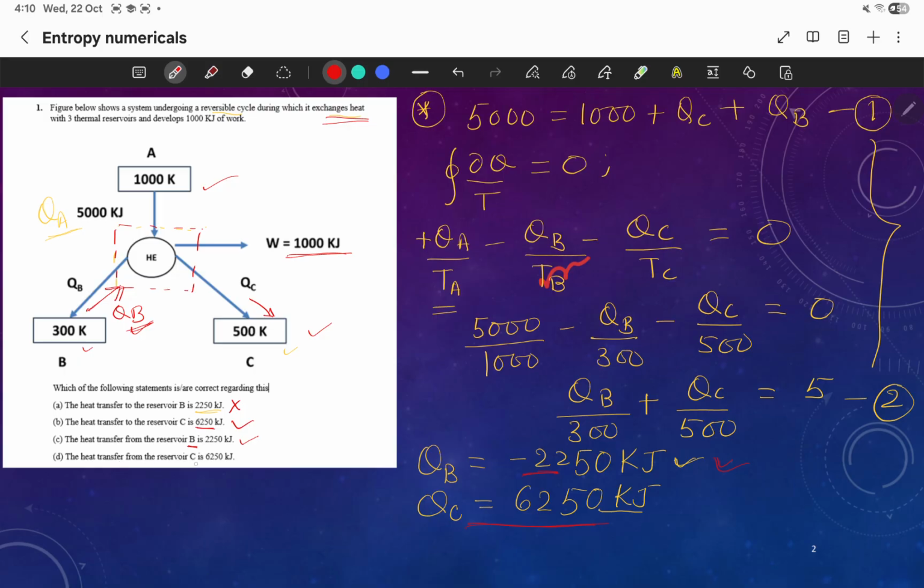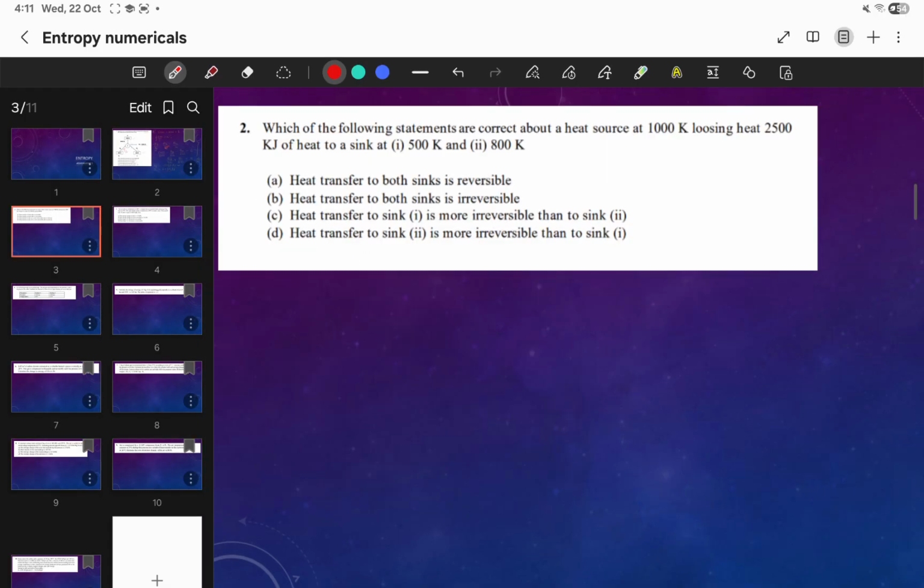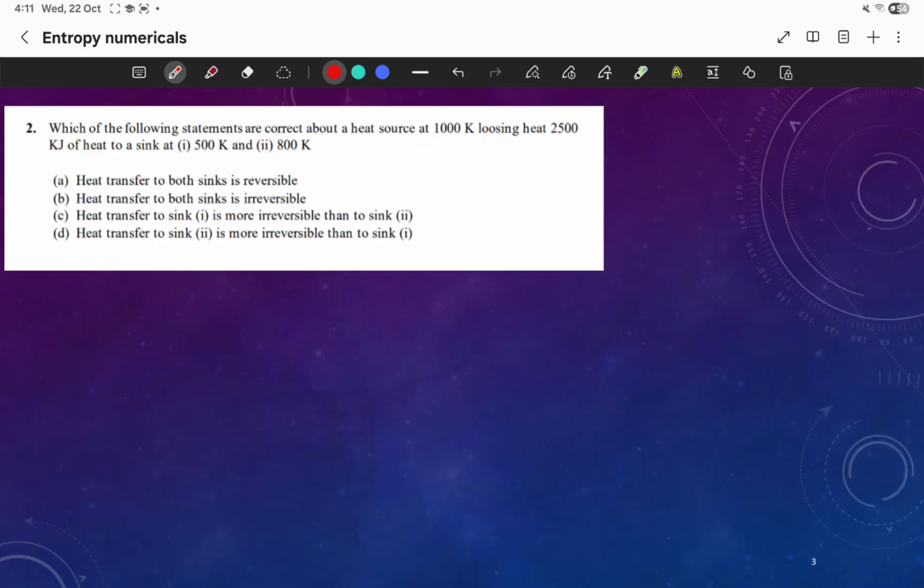Heat transfer from the reservoir C is 6250. So this is wrong. So answer will be what here? B and C. Okay, so this is question number 1. Now let's move to another question. Okay, so